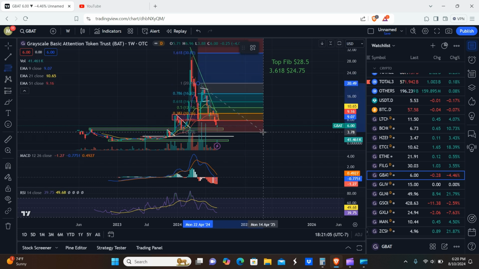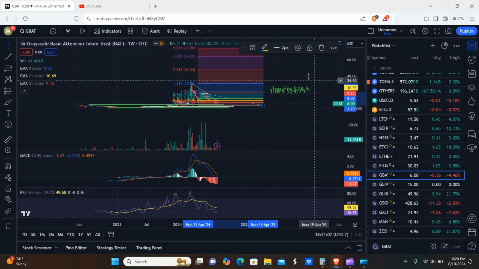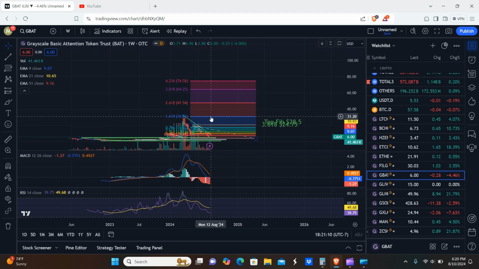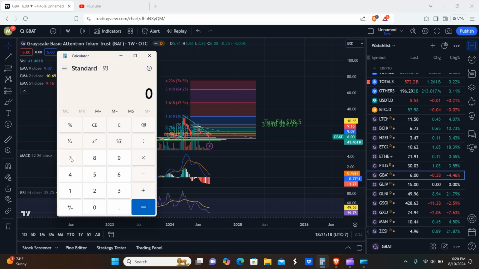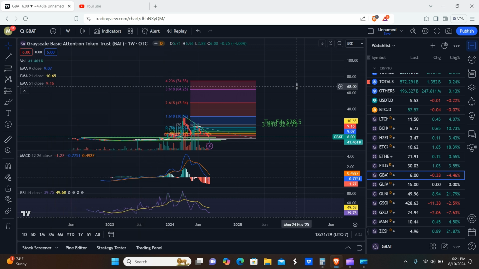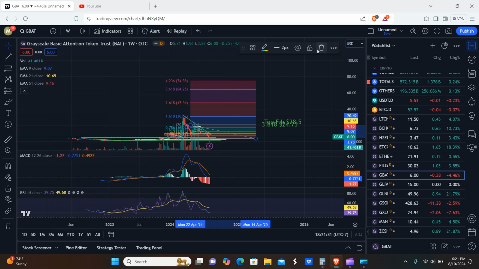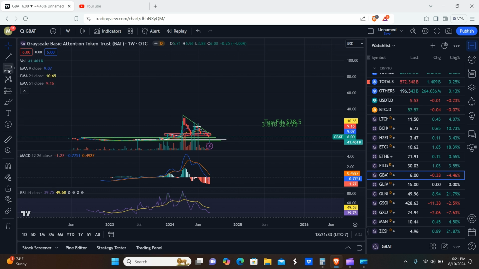So GBAT, we'll do the measurement on this one. So 31, 48, let's see here, 65 and 75 respectively. So 75 divided by $6, which in my mind is just a steal. I mean, it's so cheap. It's just hard to believe it's actually that low at this point. $25,000. So pretty good return there. And again, that's just the local level. We haven't even done the macro one yet.